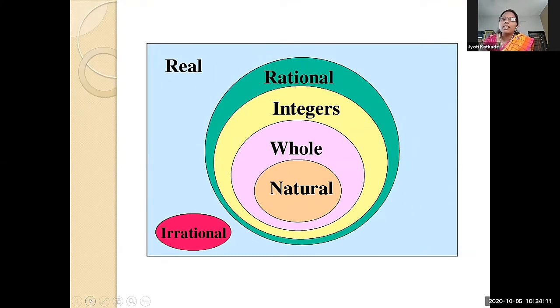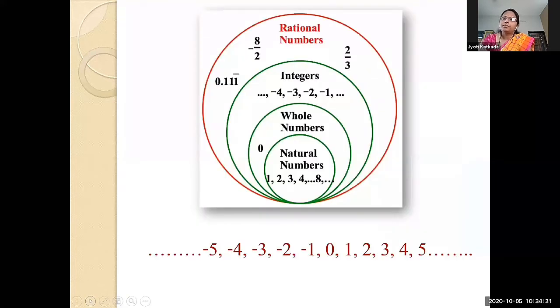Now see, there is natural number. The circle of natural number is smaller than whole number, smaller than integers, and smaller than rational number also. Means the area of natural number is less than whole number, and the area of whole number is greater than natural number. Now how? See the next image, that is natural numbers. Which are the natural numbers? The numbers which start from 1, 2, 3, 4 up to infinity, means the biggest natural number is not defined. These all numbers are called natural numbers.